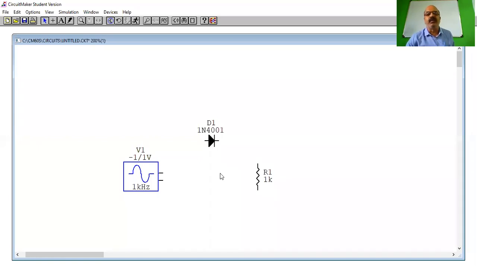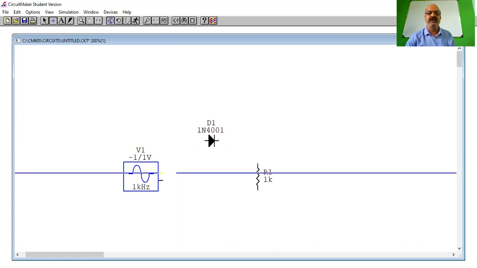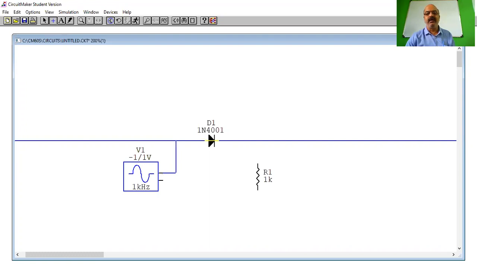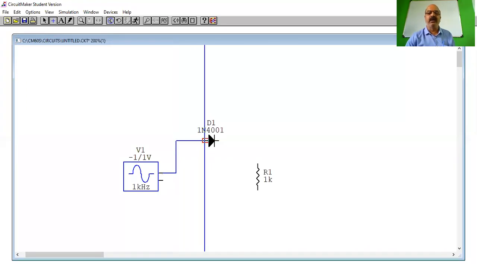Now I want to connect these components. So here you can see the wire tool. This is a plus sign. So this plus sign I can use. When I bring it near this generator, you observe a red rectangle. Whenever you observe this red rectangle, you just click it. Now the connection has started. Again, I will click because I want to change the direction. I want to go up, so I will change the direction. Again, I will click. I want to go right. Again, I will click here. In this way, the connection is completed.